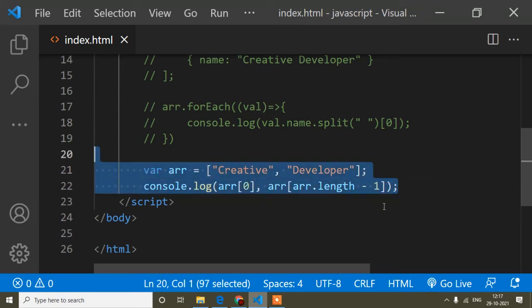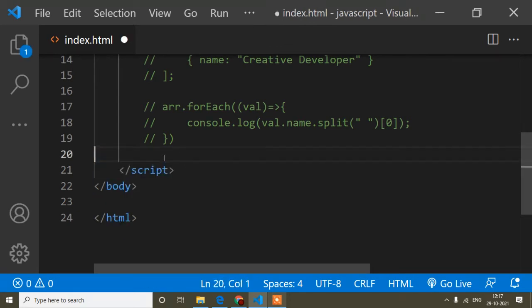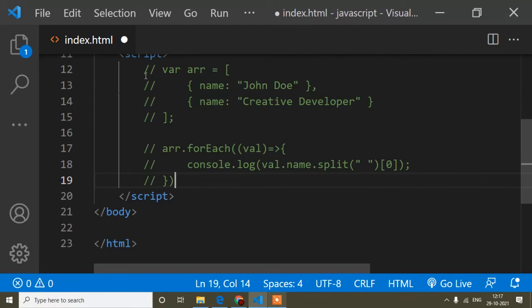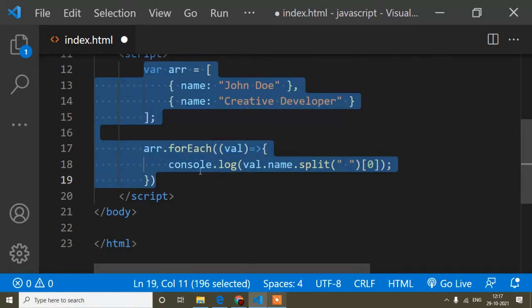Okay, I hope it's clear. I have shown this because sometimes people have a middle name and sometimes they don't. If you write arr 0, that will be perfect, but with arr 1, if a person has a middle name, you will get the middle name, not the last name. I hope it's clear how you have to target the last value of the array this way instead of arr 1, right? So I will remove this. I hope it is clear. If you have any doubts, you can write in the comments, and I will try to solve your doubt. Okay, so now it's done.